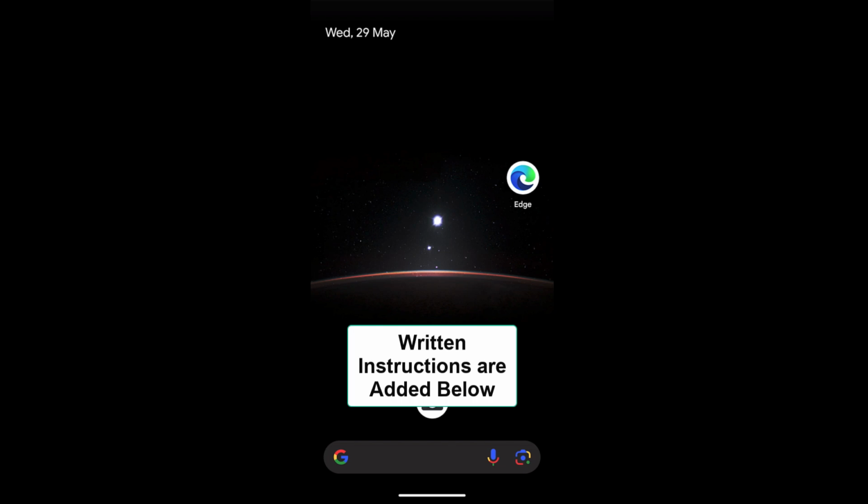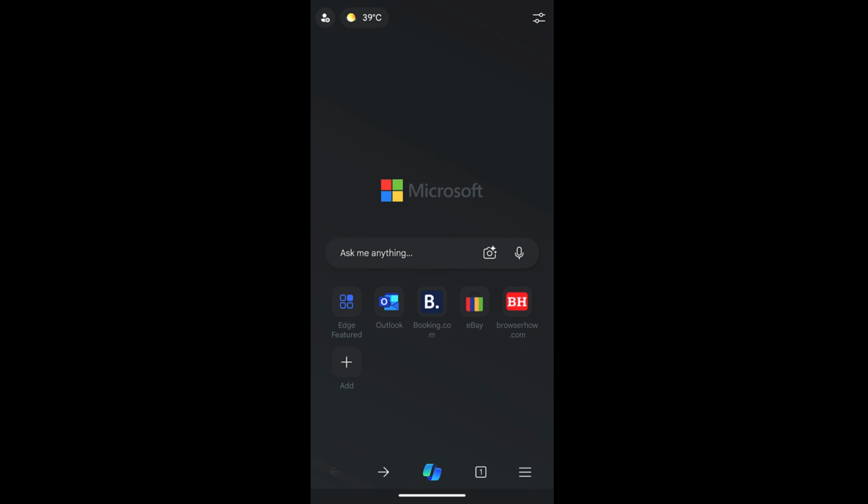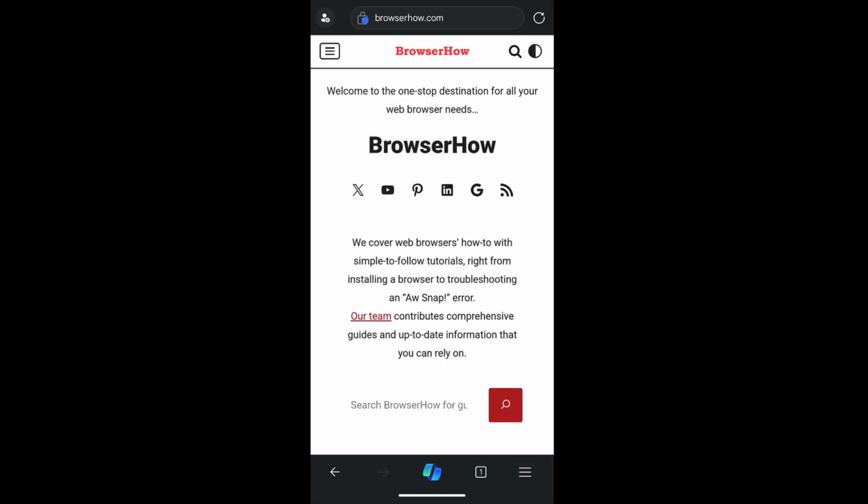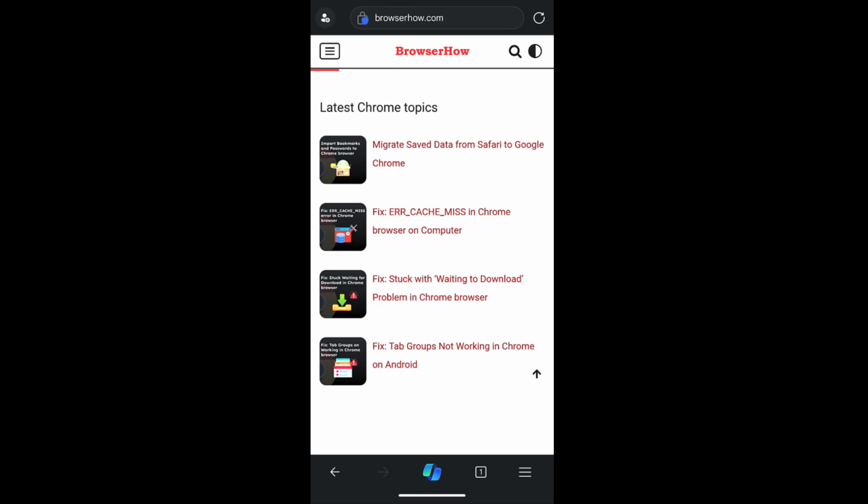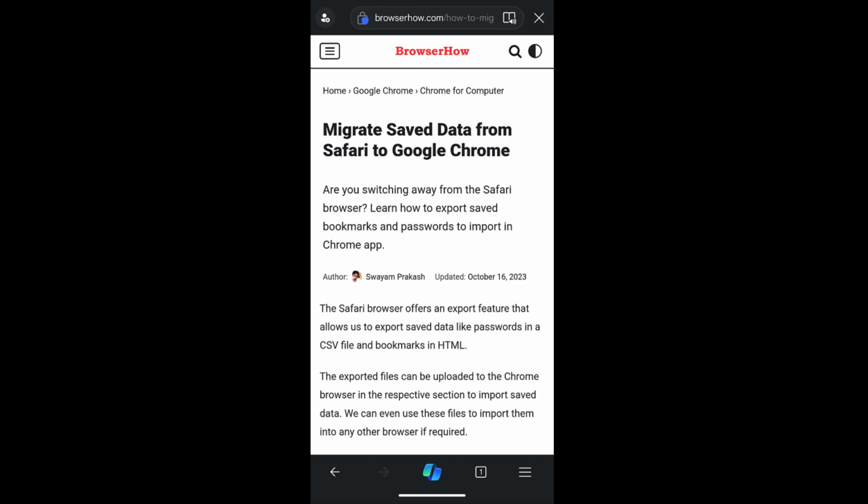In this video, we are going to learn how to add, edit and manage your bookmarks in your Edge browser on Android. So open any website in your Edge browser, say suppose browser.com, and once you are on this page and if you want to bookmark any page, for example this page, what you can do is you can open that page,